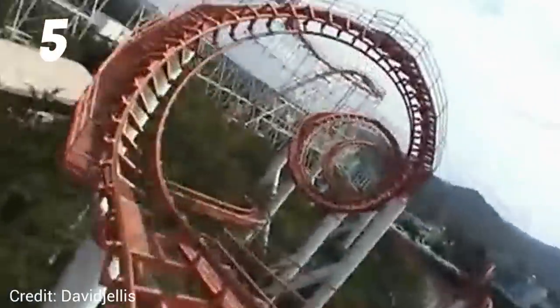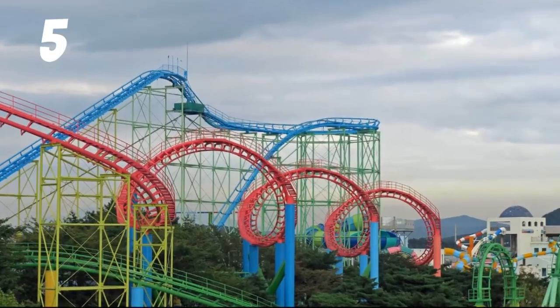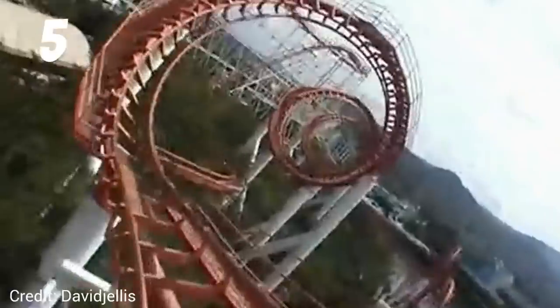Now, these coasters are only known in Asia. There are over 13 of these, but 12 of them are in China. So if you're not in China or haven't been to a Chinese park, you probably haven't seen a triple corkscrew. Now, it's the same with just a basic corkscrew, but I had to give it because it has 3 corkscrews back to back, plus the chances of riding a triple corkscrew coaster is very slim considering all of them reside